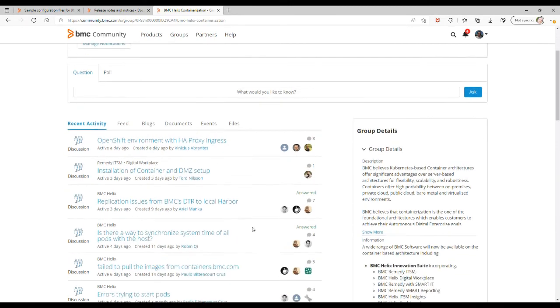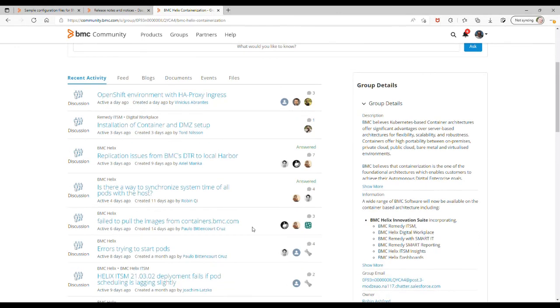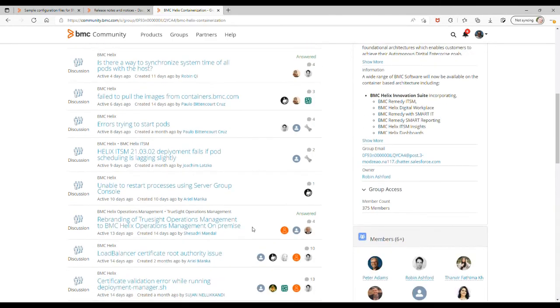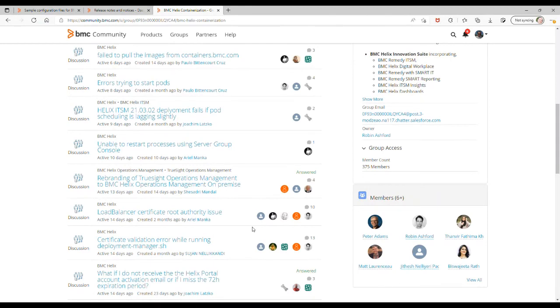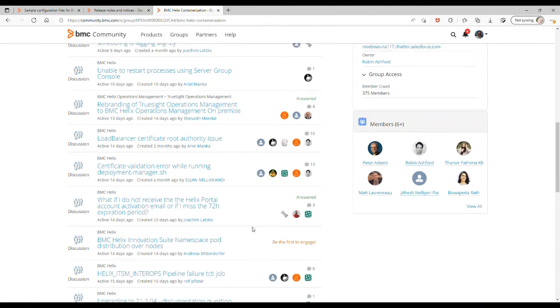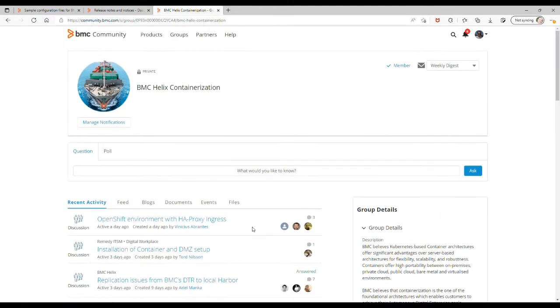They work together to see if this problem has been encountered, and this also involves BMC support, solutions engineering teams to try to help the customers get value out of the product without having to open a support case. I find this to be very helpful, and I suggest that you register for this group, BMC Helix Containerization.